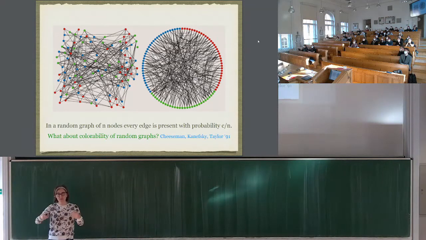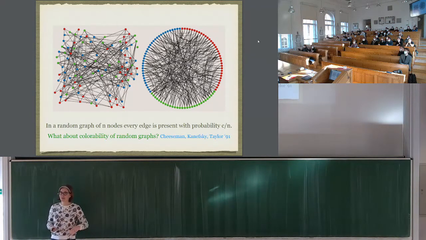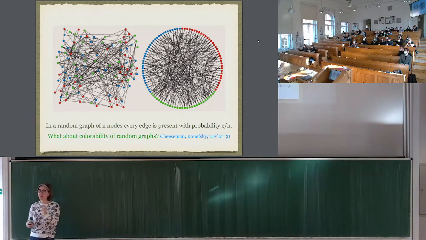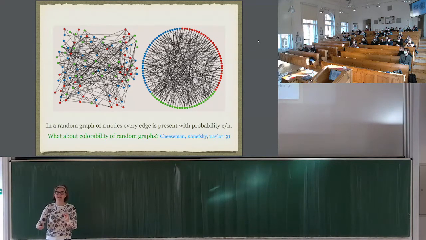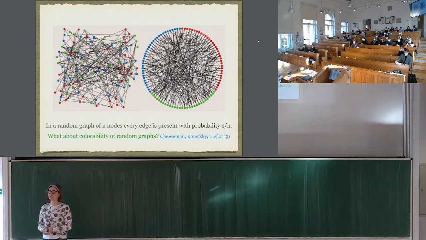And then once you went through all the possible pairs, you end up with a graph where some edges are there because the dice rolled one way, and some edges are not there because the dice rolled the other way, and that's your random graph. So when you have a random graph, you have 2 parameters. You have the number of nodes, and then you will have the number of neighbors that every node has on average. Right? And we will call this number of neighbors, this number C here, the degree C. The average degree C will be the average number of neighbors that I got when I drew this graph.